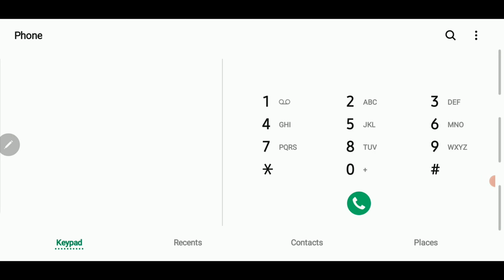So if you are in Ghana and you are thinking of calling your friends or family abroad, then this particular video is for you, because it will enable you to call those abroad at an affordable price. So first of all, open your dialer and dial this USSD code